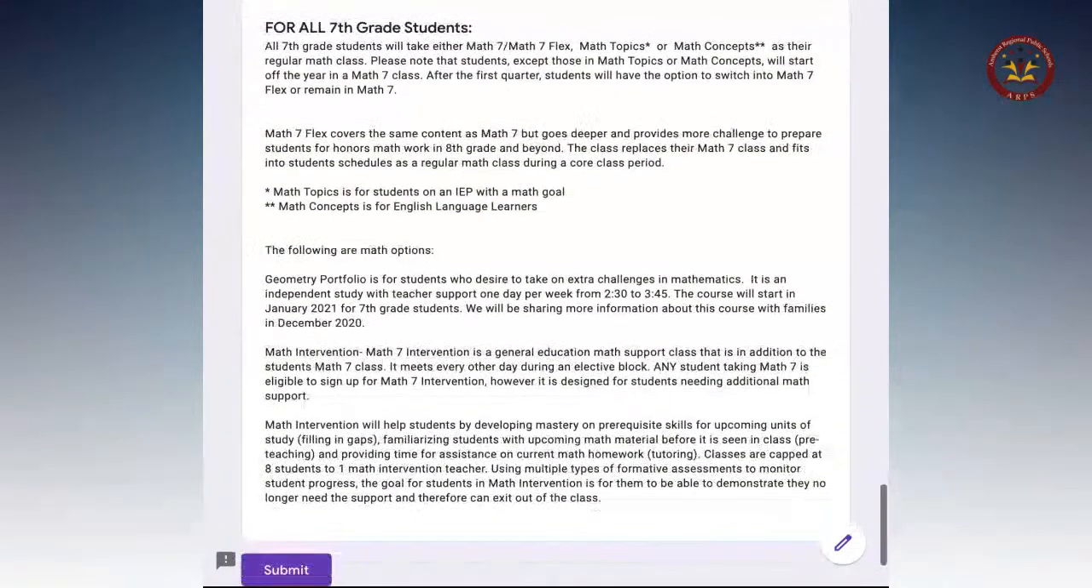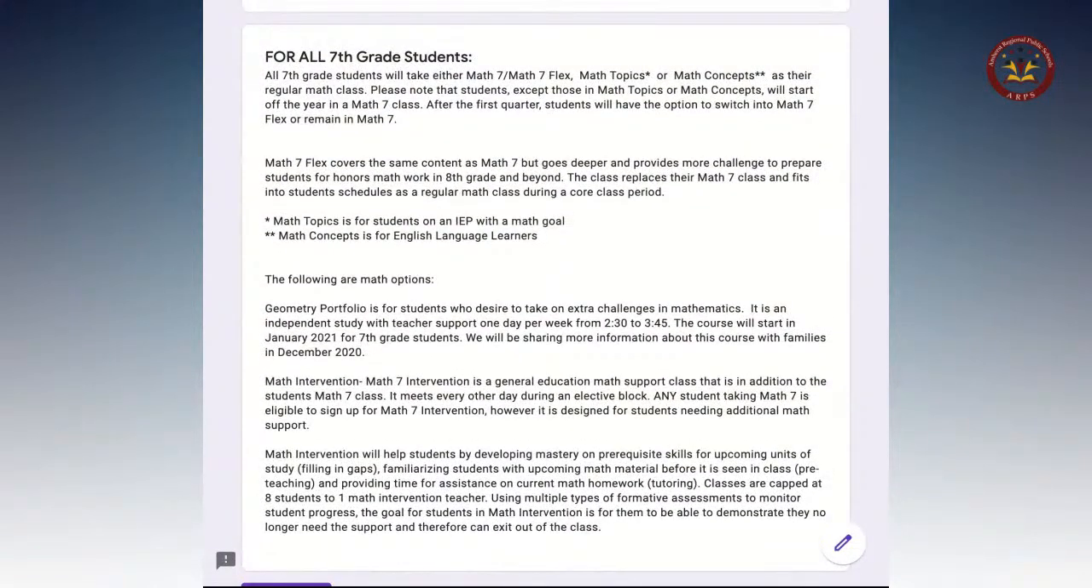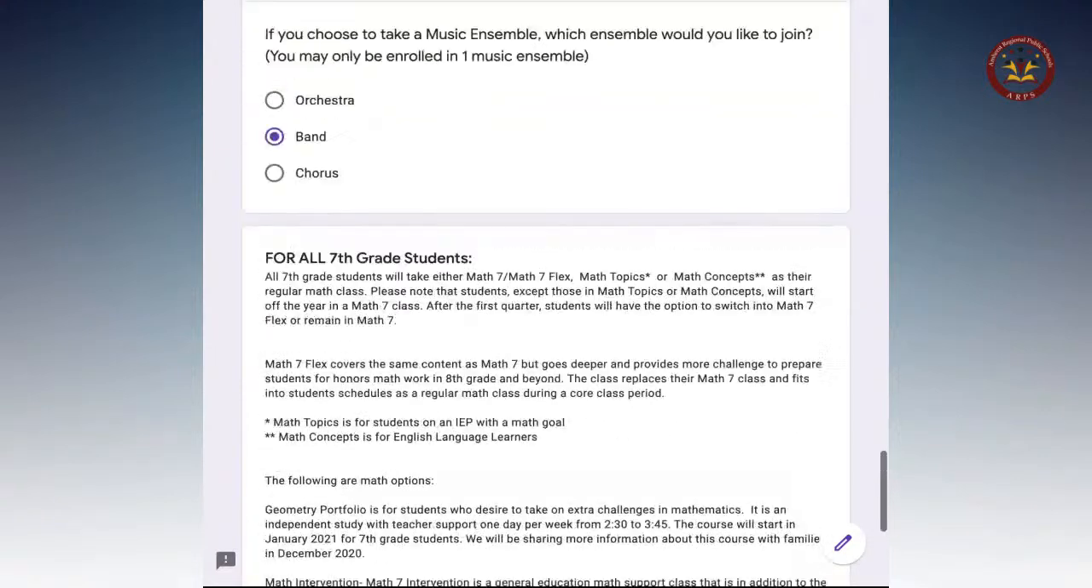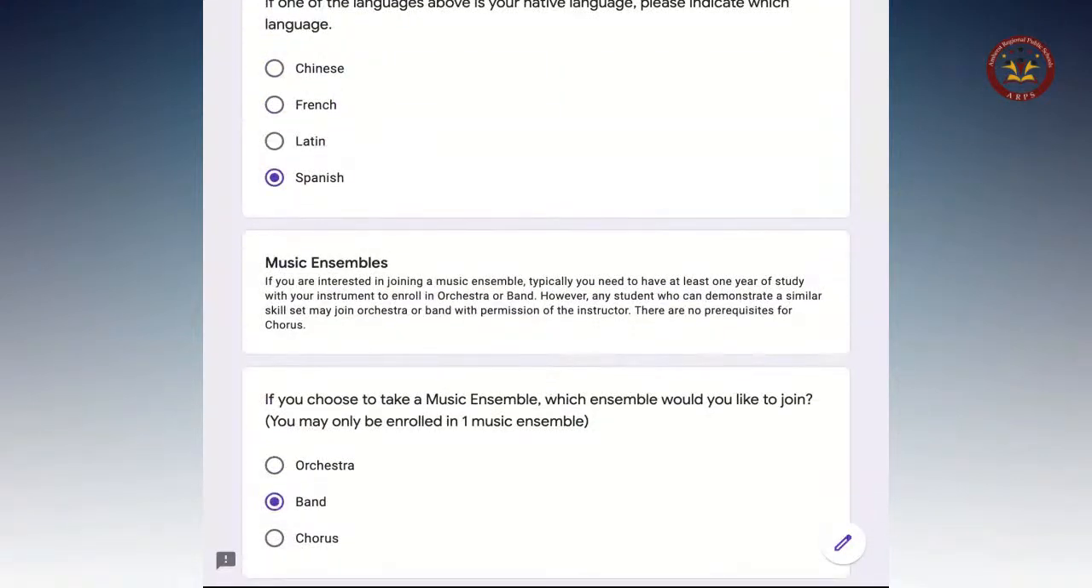And at the bottom, we just talk about some of our math options that we can talk about more in the future, but definitely wanting to focus on the elective options that we do offer at the middle school. Does anybody have any questions? So I know one of the questions